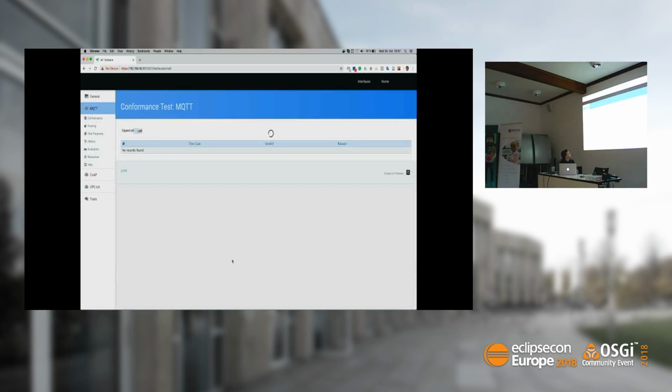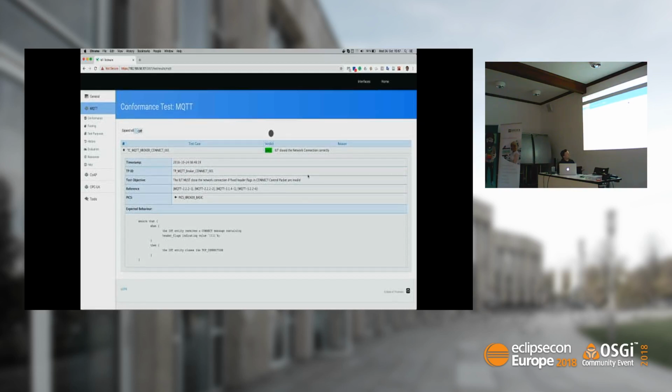So if we run it again, we just see the Mosquitto broker passed the test case, which is quite obvious, and we can now directly have a look at that. We see we sent a message which looked like that. So we programmed it in TTCN-3, and the Mosquitto broker answers correctly because it closed the network connection. Because what we derived is that if you set the fixed header flags, the specification tells us this is an invalid packet, and you need to close the connection. So that was good.